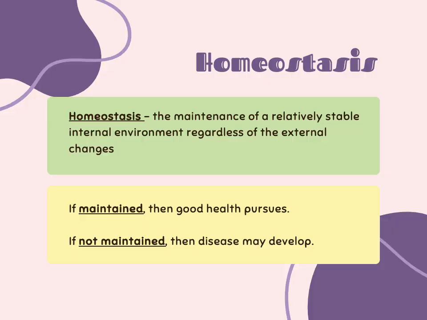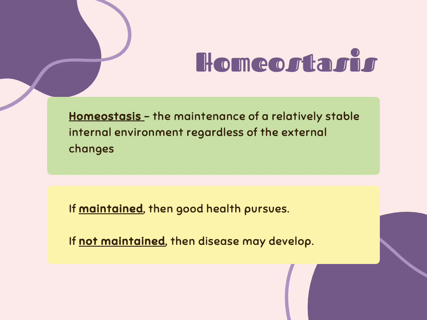So before we get into what is wrong with the body, we should know a little bit about what is right. And again, this echoes in the anatomy and physiology science, but ultimately what anatomy and physiology talks about is homeostasis. As a reminder, homeostasis is the maintenance of a relatively stable internal environment regardless of what the external changes